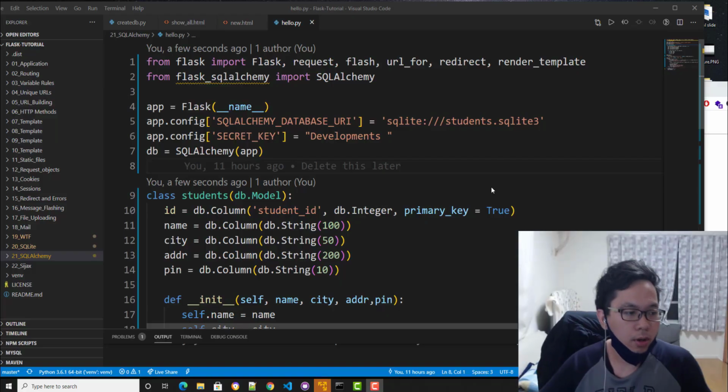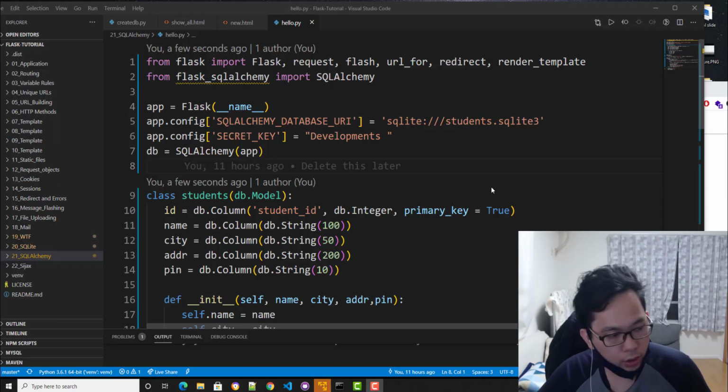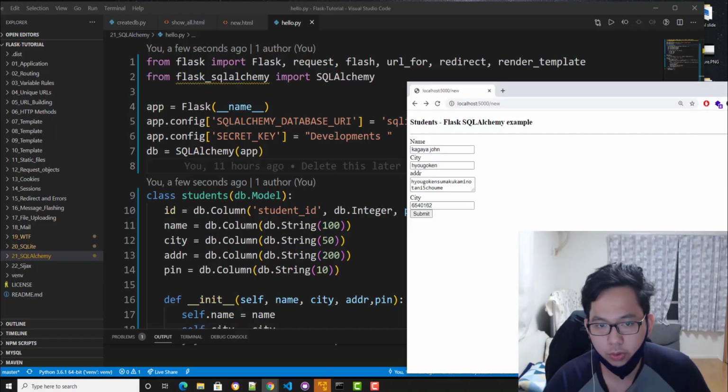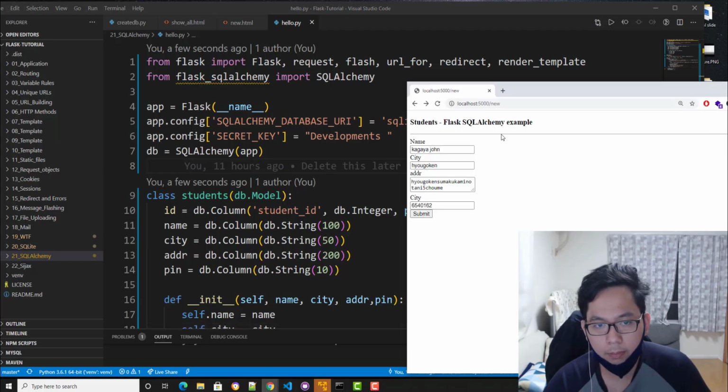Okay, so let's talk about SQLAlchemy on Flask. Basically, you can type raw SQL in Flask, but you can also use an ORM like SQLAlchemy and install it in your application. It's up to you anyway.